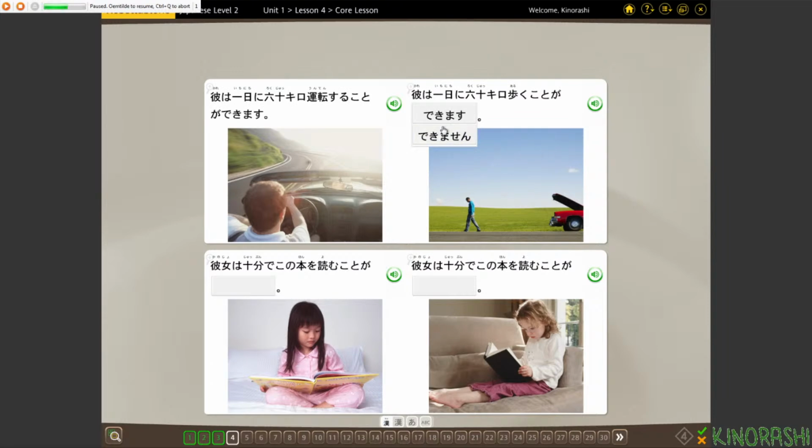So this suggests dekimasen. 彼は1日に60キロ歩くことができません。